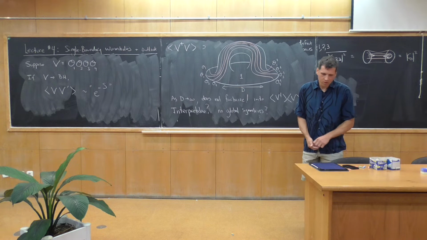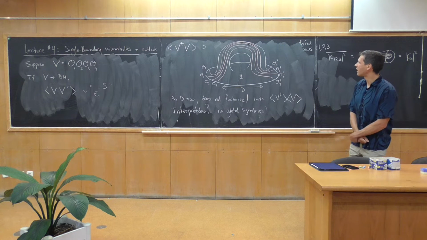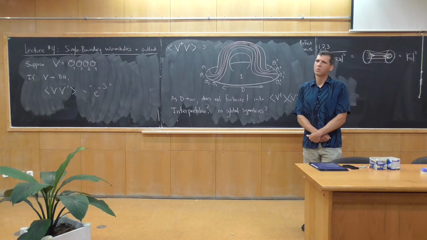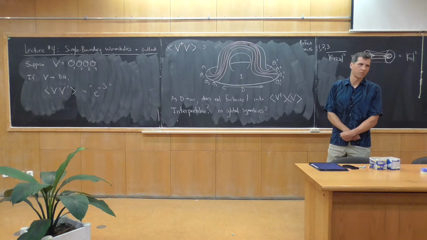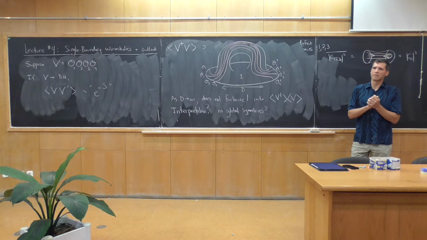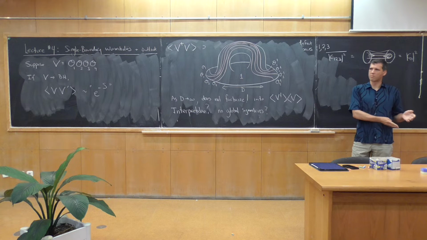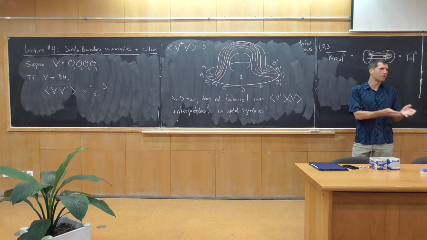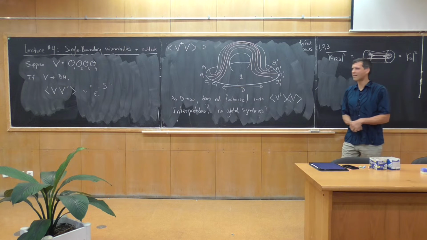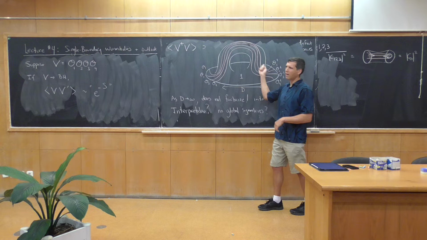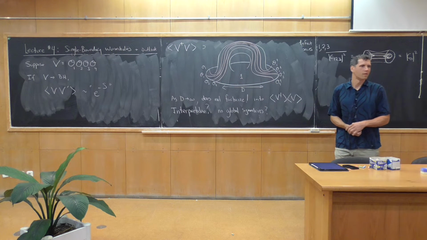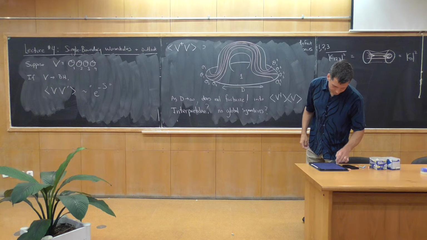So this argument used the bulk. I'm drawing these bulk diagrams, so it doesn't explain from a CFT point of view why you can't have global symmetries in quantum gravity. I'm not trying to say that. I'm just saying that this appears to be a way to take statements like that from gravity and translate them into CFT language. So this is the kind of effect that we should think about if we want to imagine how to bootstrap the no global symmetries argument from the boundary point of view.